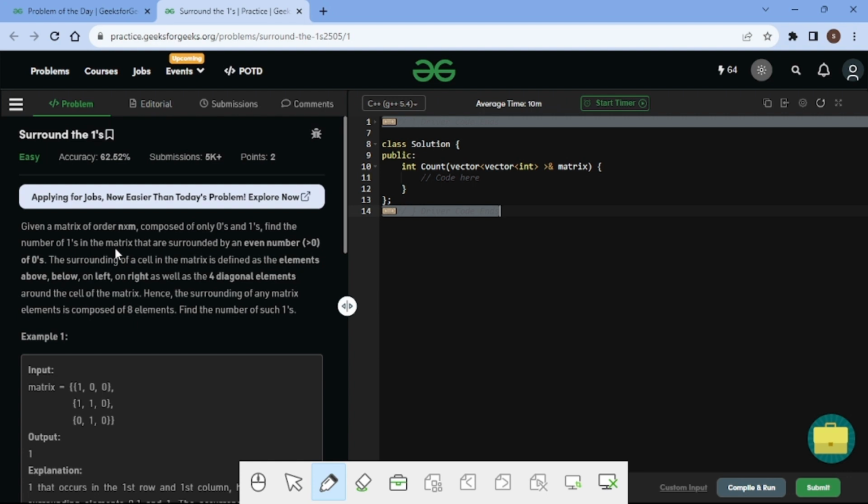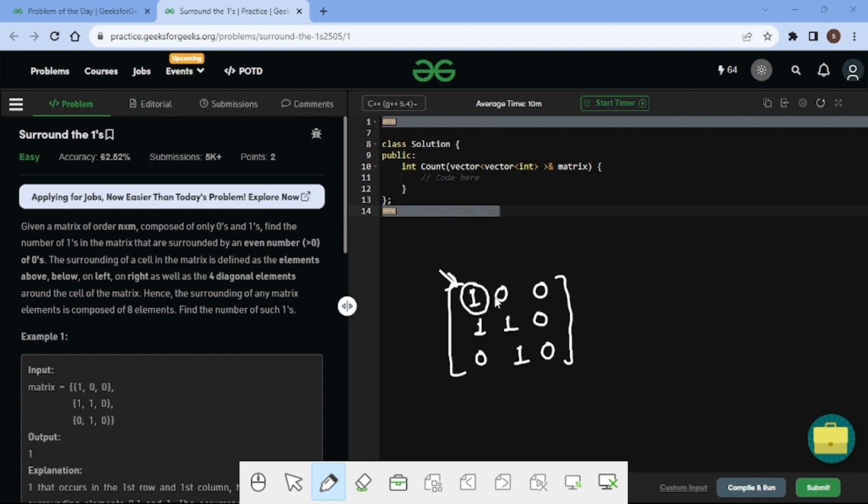So let us take the example test case: 1 0 0, 1 1 0, 0 1 0. Here we find the number of 1s which are surrounded by an even number of 0s. In this matrix, we start from the first index, which is 1.